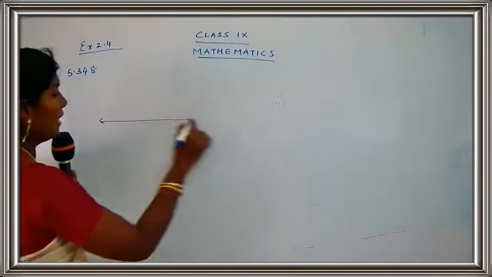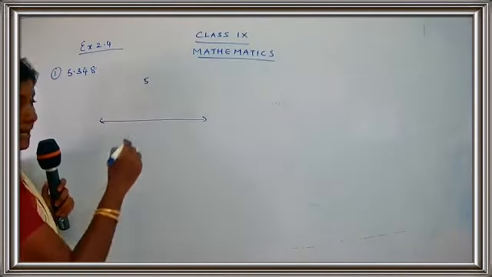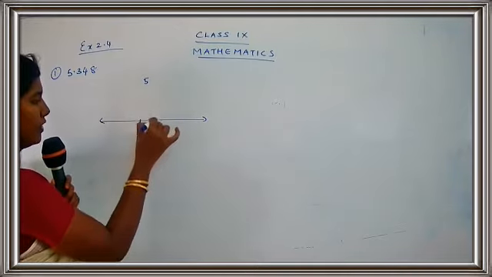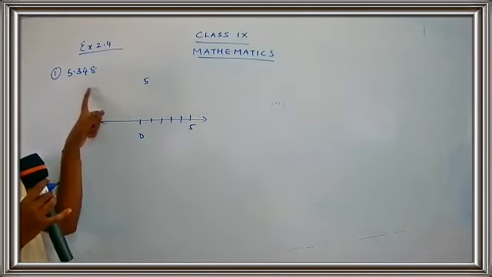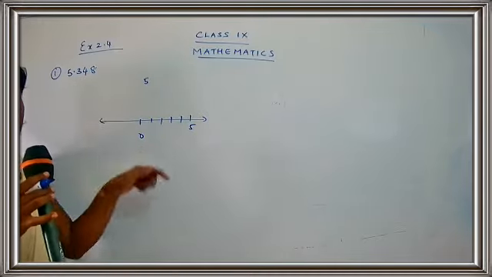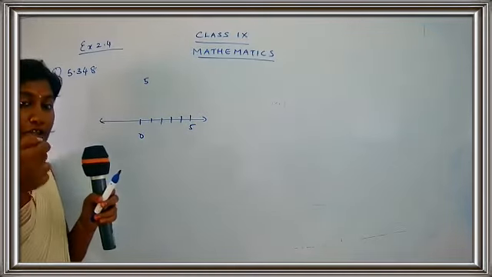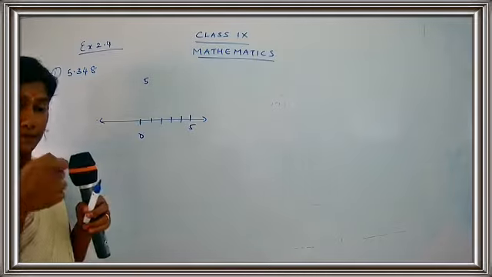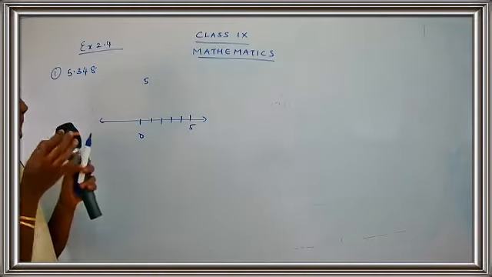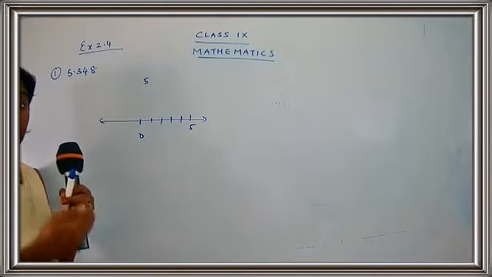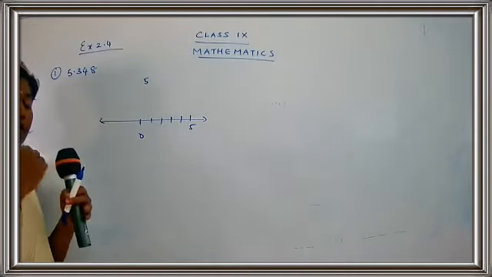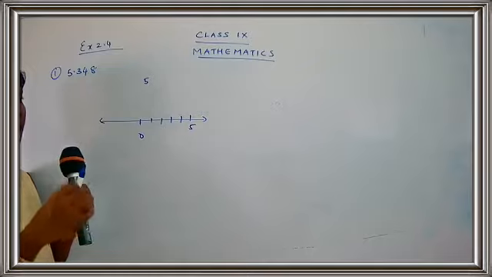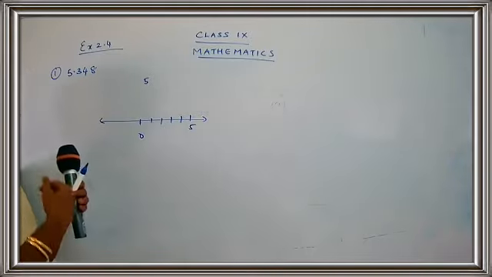See, when you are told to plot 5 on the number line, I can easily plot the number 5 on the number line. 1, 2, 3, 4, 5. Somewhere here it comes. Now here you have to plot 5.348. So you have to magnify. We are going deeper into the number. It's 5.348. We are not just taking the whole number as 5. So we are going to find the answer step by step.